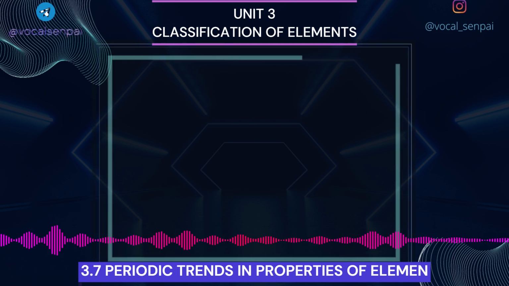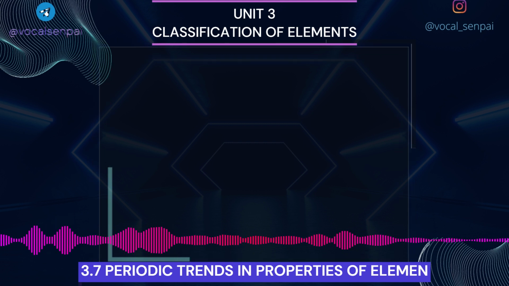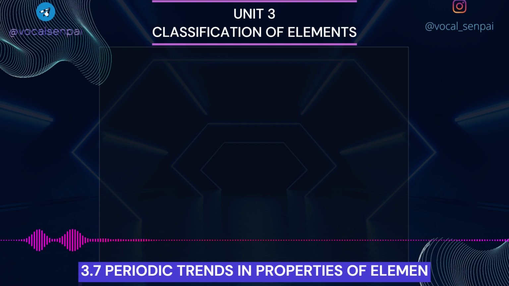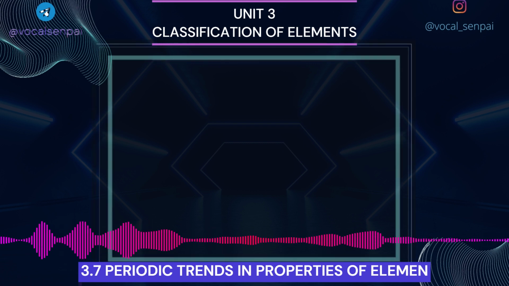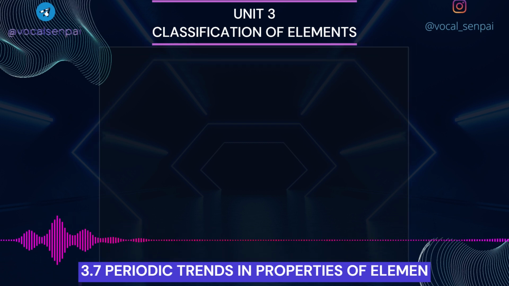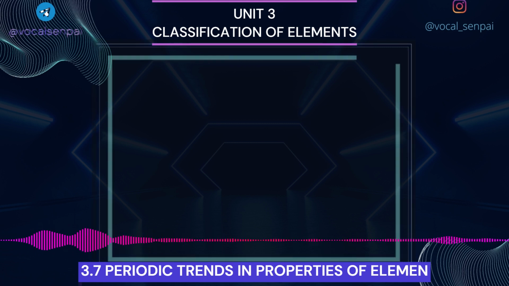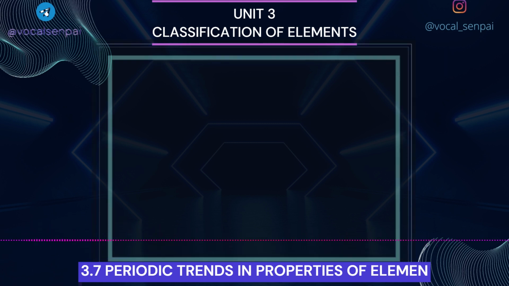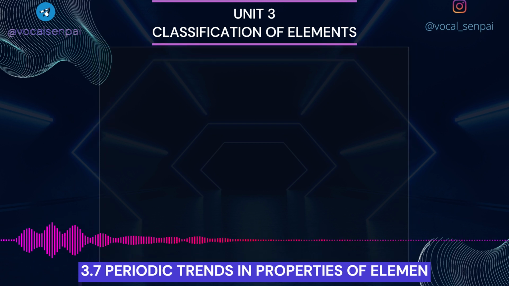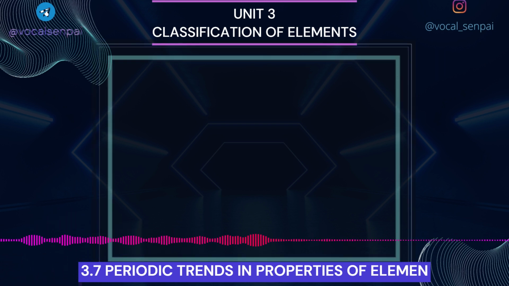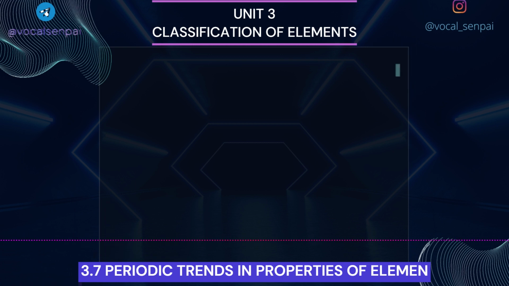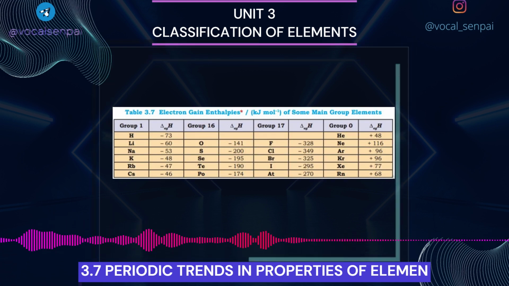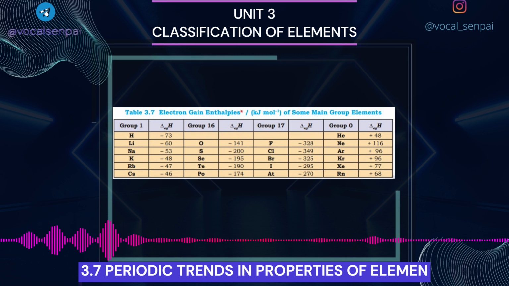It may be noted that electron gain enthalpies have large negative values toward the upper right of the periodic table, preceding the noble gases. The variation in electron gain enthalpies of elements is less systematic than for ionization enthalpies. As a general rule, electron gain enthalpy becomes more negative with increase in the atomic number across a period. The effective nuclear charge increases from left to right across a period, and consequently it will be easier to add